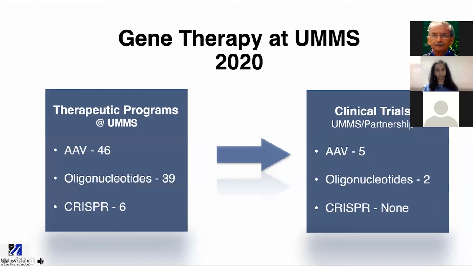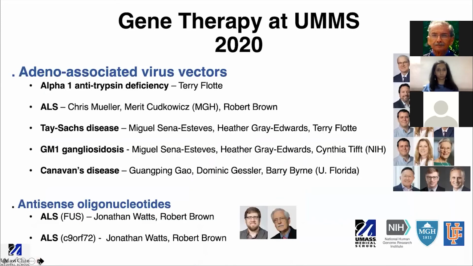So the question is that our translation from all this preclinical work and development work towards the clinic has been relatively small. We've conducted 5 clinical trials with AAV, 2 clinical trials with oligonucleotides, and so far none with CRISPR. So the question for us is, how do we make this transition from the discovery phase to the clinical translation? And this is just a summary of the investigators that have been involved in the different diseases